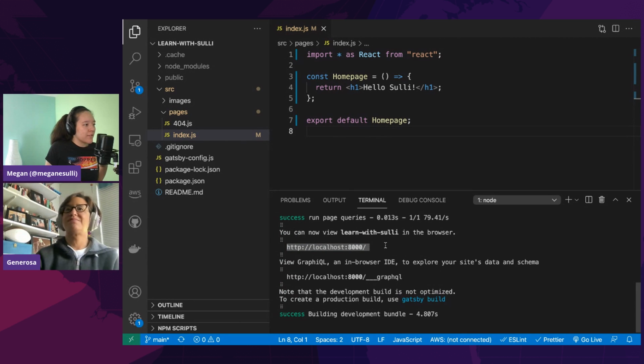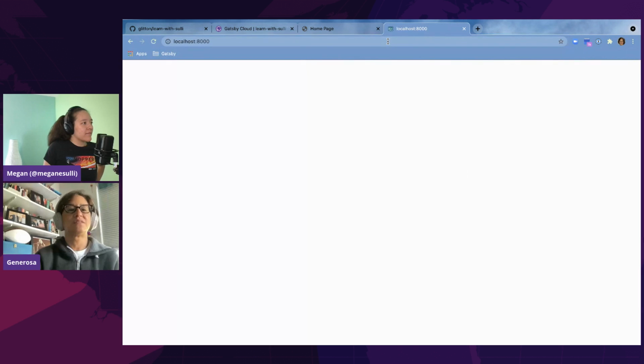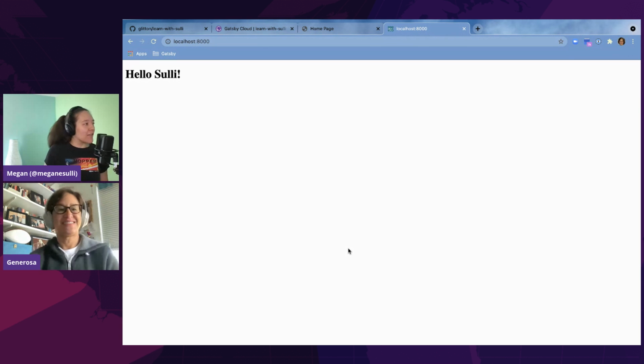So shall I see what it looks like? Open her up. Let's get this other tab here. Hello! Great. Okay, so now we've done it. We've created our first page component. So now let's add some more content to this, because while I thoroughly enjoy this, it's not the most content.